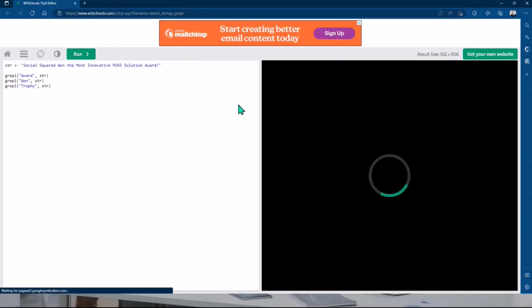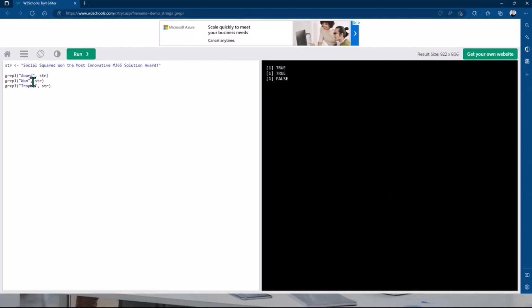So when I run that, it's going to tell me whether award was mentioned, whether won was mentioned, or whether trophy was mentioned. And you can see it's true, true, false. So now we're in trouble. So what I'm going to do is just copy this code, and